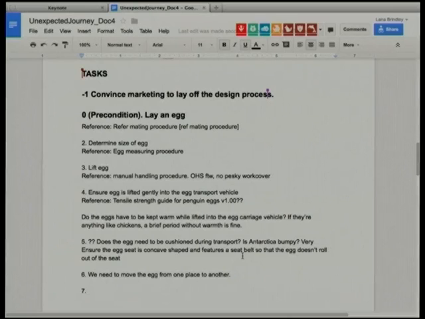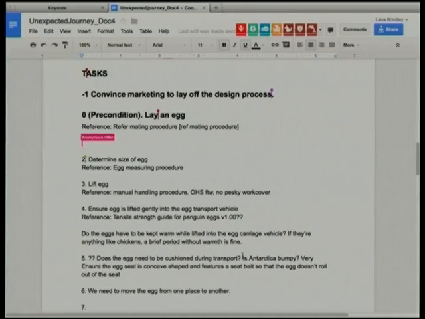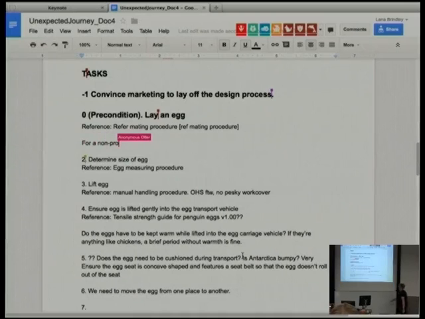So what we need to do is have a set of tasks. Each task will need to have a title. It needs to have a very specific thing that people are trying to do. So if you're trying to put an egg into the vehicle, then we'll need to have a set of tasks, presumably exactly for that. We'll also have probably another task for getting in and out of the vehicle. If it had a missile system, you'd have to be able to arm the missiles or something like that. Oh, we have that.